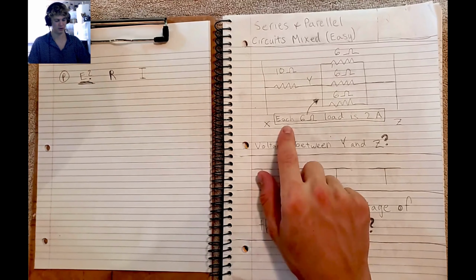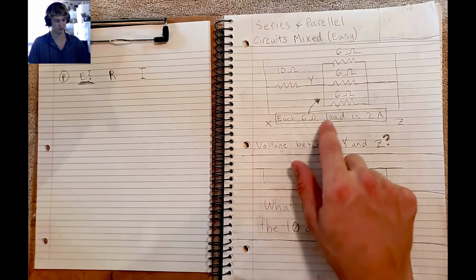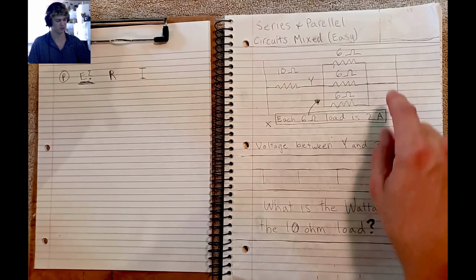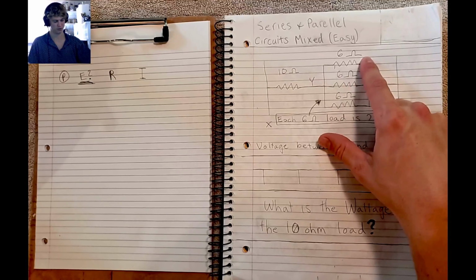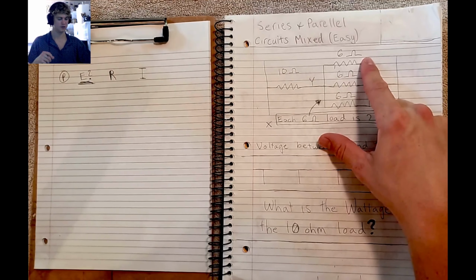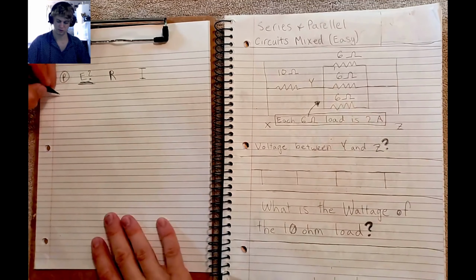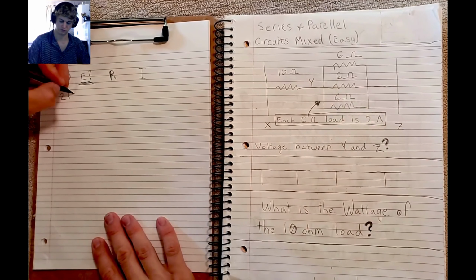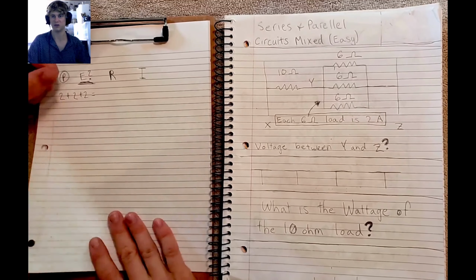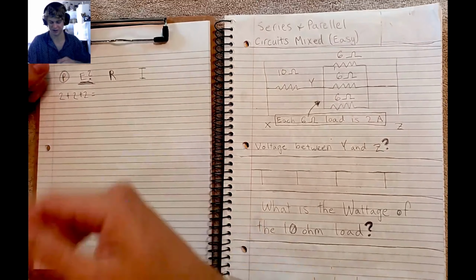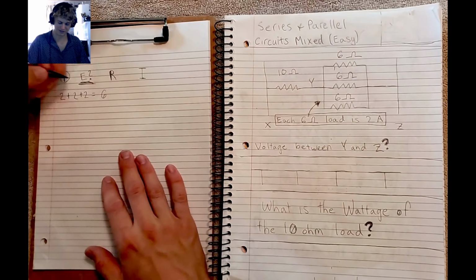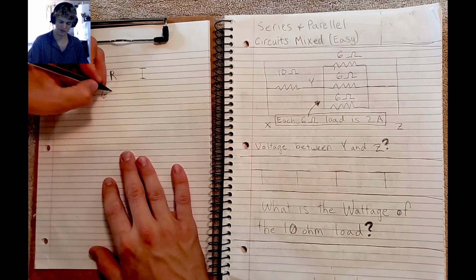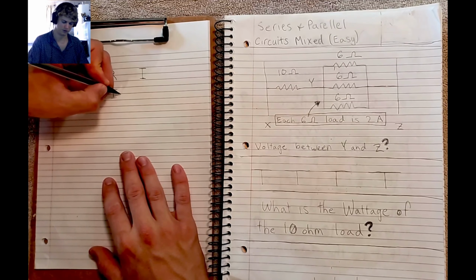So because of this, we already know that each of these 6 ohm loads is 2 amps. In other words, these 6 ohm resistors each have 2 amps of current going through them. And with a parallel circuit, we're going to add the amps to get our total amperage. So we're going to do 2 plus 2 plus 2. I'm going to use a calculator for most numbers, but I don't think I need one for this. Okay, so we have 6, and that would be known as the I total, or the current total,